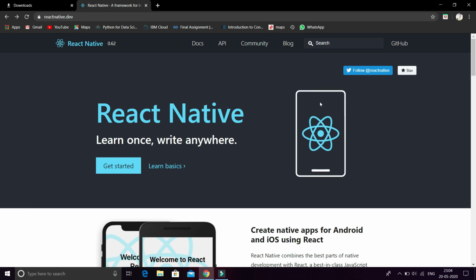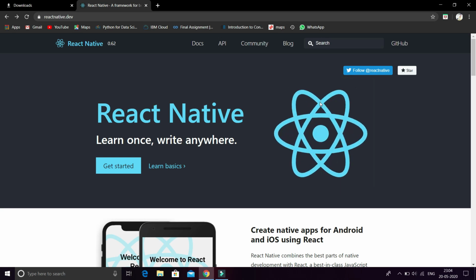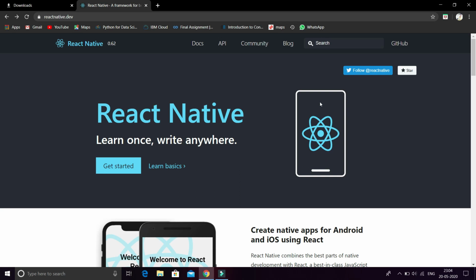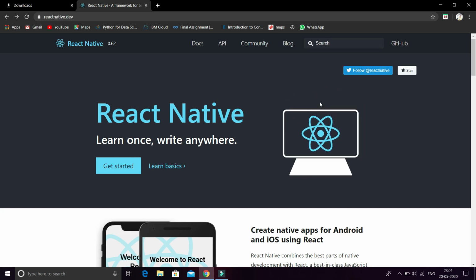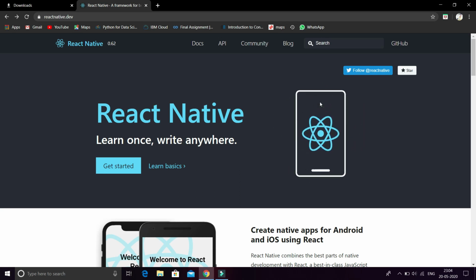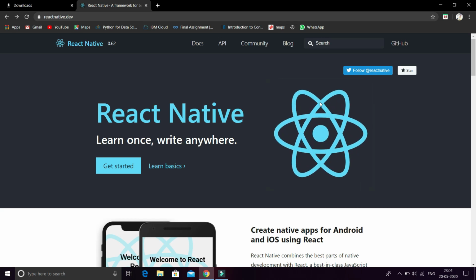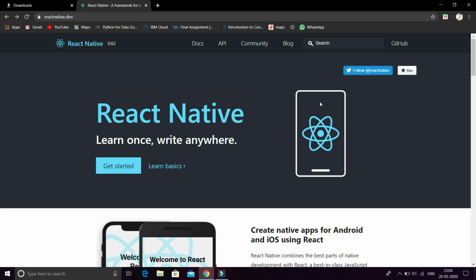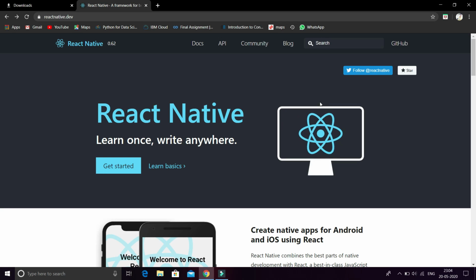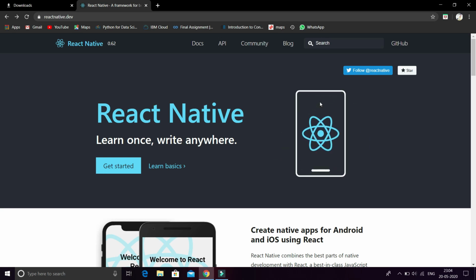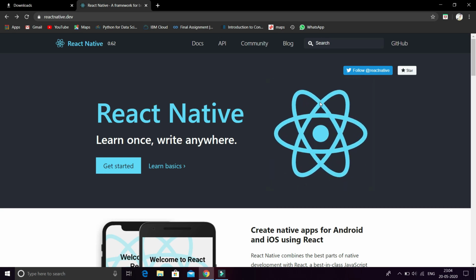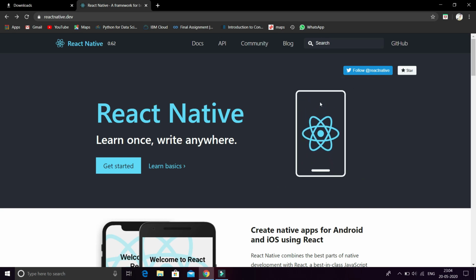how to get started and how to make your app for the Android as well as for the iOS. React Native is the upcoming platform provided by Facebook so that you can make one app for the Android as well as iOS which will run on both. So no need to write double code for the iOS and Android differently.